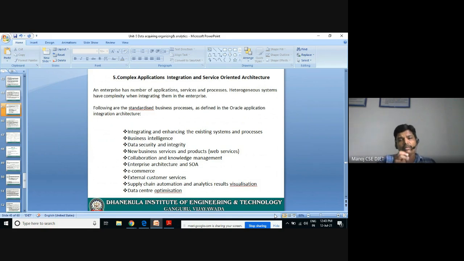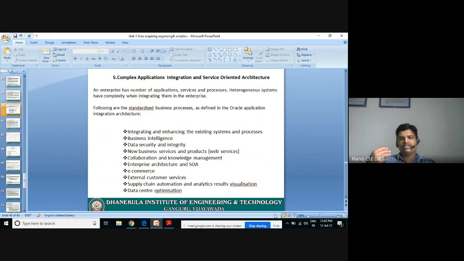So electronic commerce, e-commerce, is a platform where the merchant can sell their goods, and the client can view multiple items at a time. Based on their requirement, they can get a cheaper product. They can identify their required product at a reasonable price band. With the help of this e-commerce, all these things are included under the Oracle Application Integration Architecture.